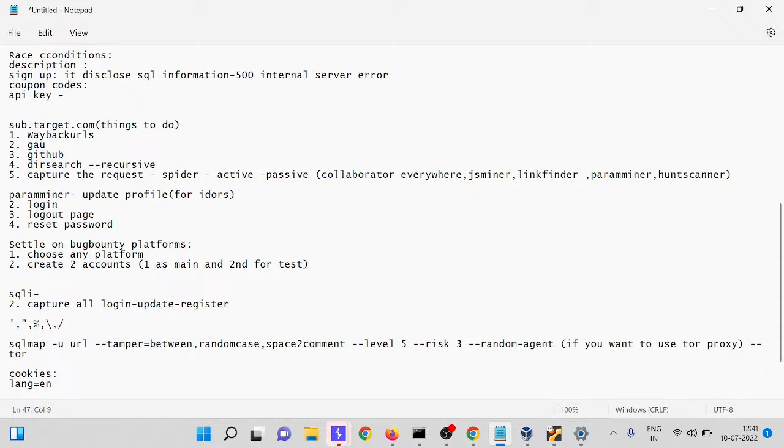In the same way, I found one on a private program on the cloud when my account was not banned. So you can try the same. And I have shown you how to settle in a bug bounty platform. In a bug bounty platform, you just need to report. Don't care what response they will give you.